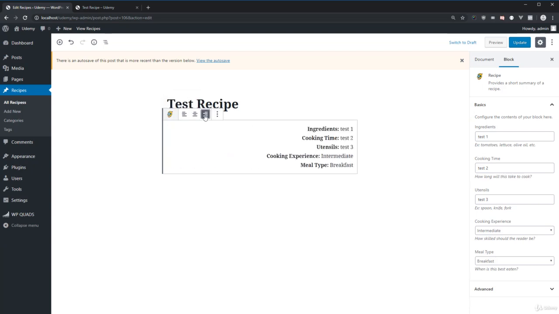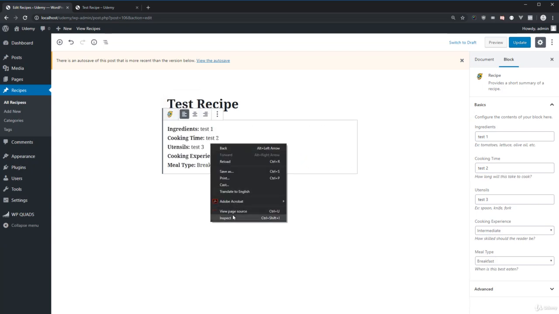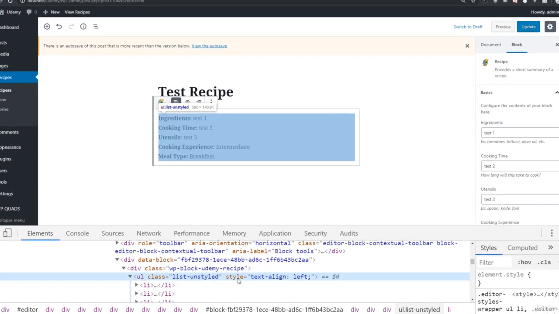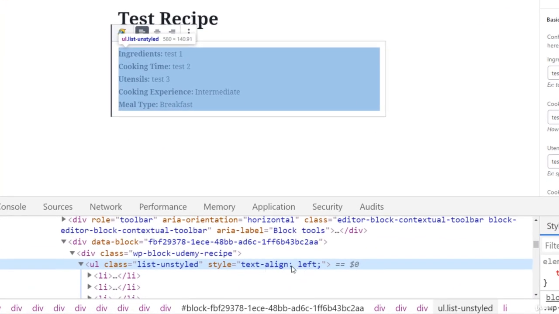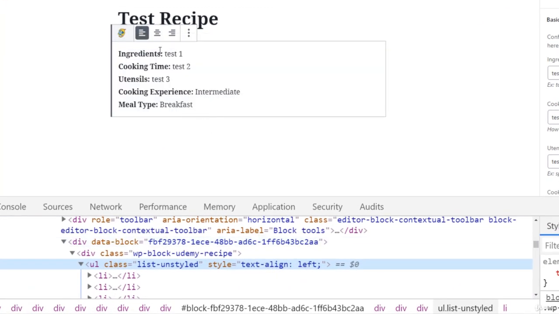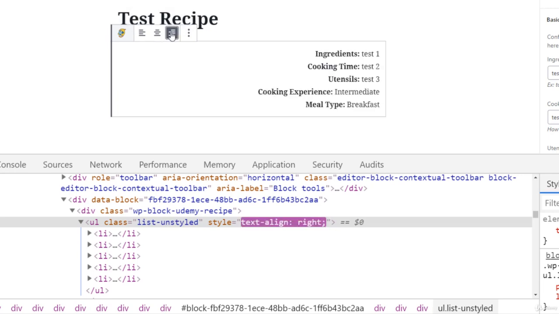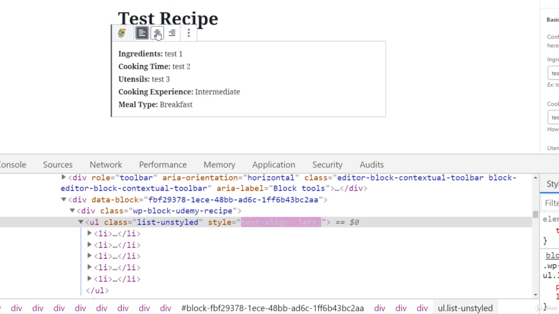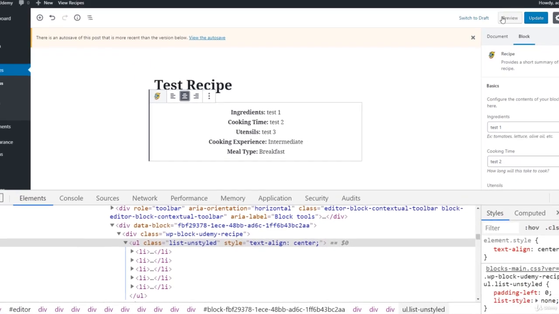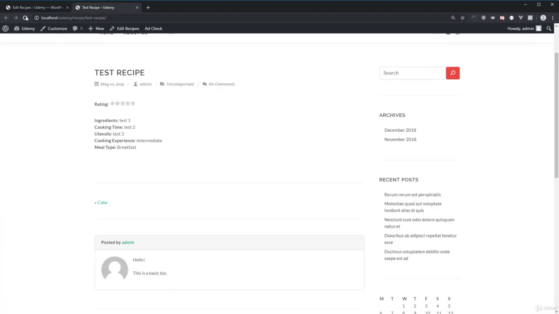If you were to inspect the element, then you should see the Style attribute being applied to the unordered list. The camel casing has also been converted into the appropriate CSS property. If I were to change the alignment again, then you should see the style update in real time. This is fantastic. Let's save the post and try viewing the post on the front end. The text should be aligned accordingly. As you can see,